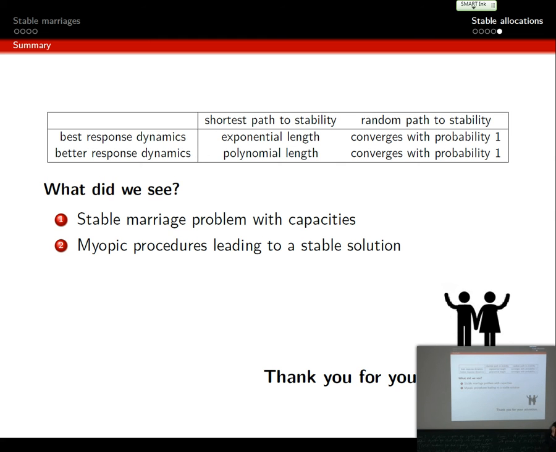Maybe I missed something, but when you say polynomial, what do you mean, polynomial in the number of nodes? Yes, number of nodes and encoding size of input. So even if you have a large capacity, only the encoding size of this capacity will be a part of the input, so not the